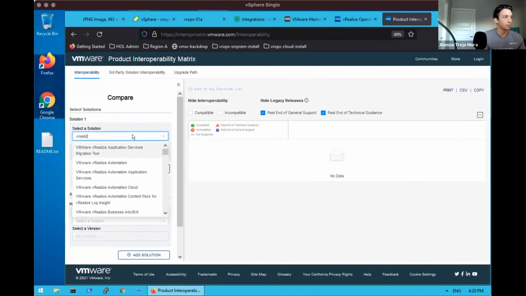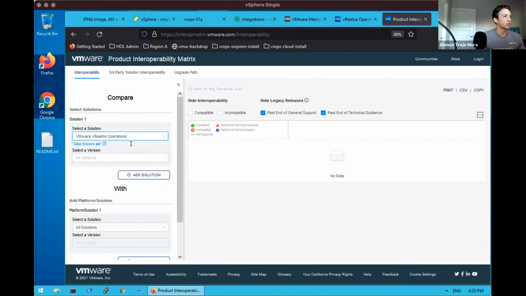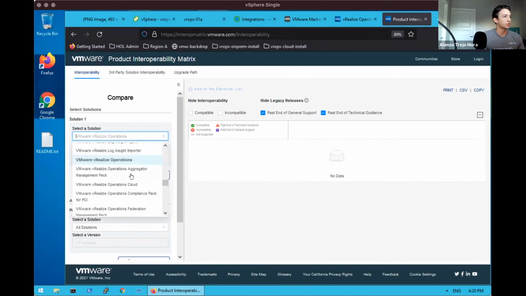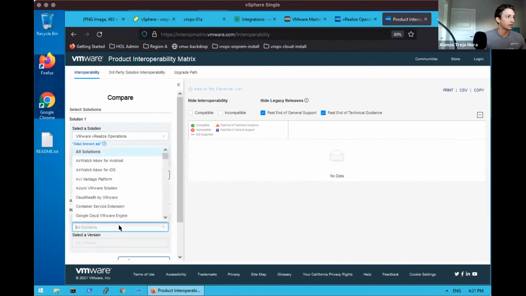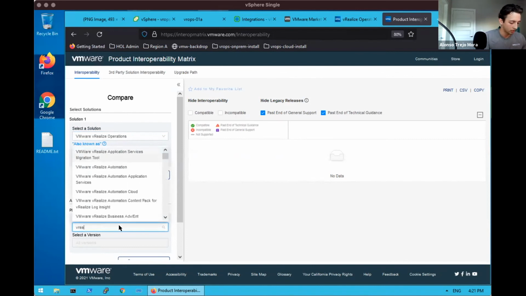So as an example, vRealize Operations. And note there is also vRealize Operations Cloud. Our focus is vRealize Operations, not vRealize Operations Cloud, which again is our SaaS option. vRealize Operations version 8.6, and we could check that or benchmark that against, say, vRealize Operations